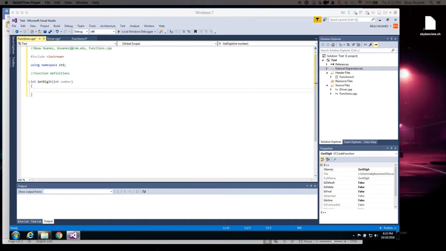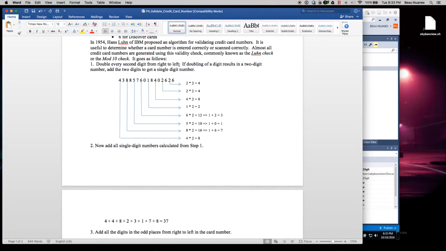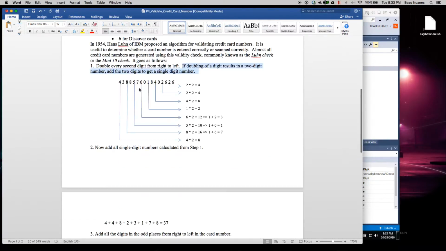Other questions about P4 were about a couple of different functions: the sum of double even place, which led us to getDigit, because getDigit is used in that function. So if you're looking at every second digit: if doubling a digit results in a 2-digit number, add the 2 digits to get a single-digit number. This piece here, where you say add the 2 digits to get a single-digit number, is exactly what